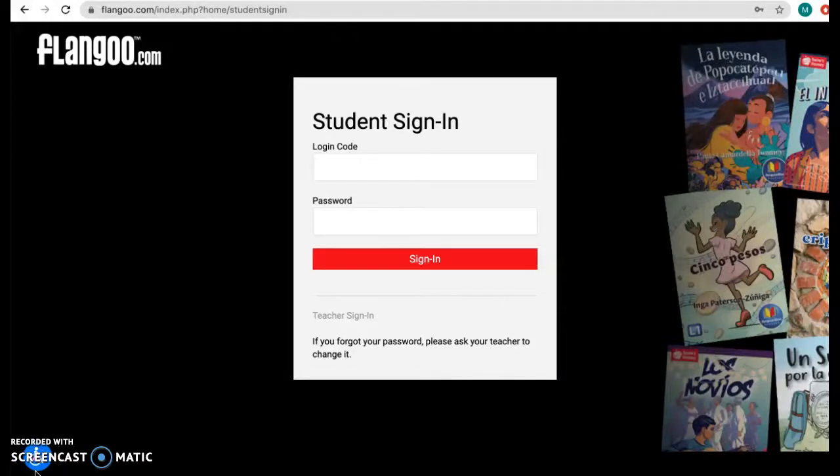Hi guys, today I'm going to be showing you Flangoo. We're going to be using Flangoo in class and I want you guys to be familiarized with what it looks like. So if you go to flangoo.com, you're going to click on the student sign in. I will be giving you a link later on so that you can create your own login code and